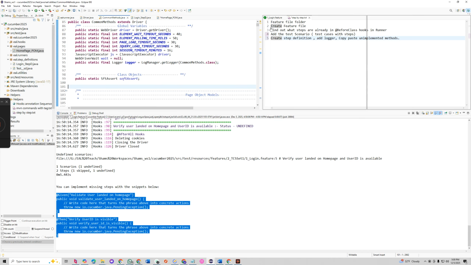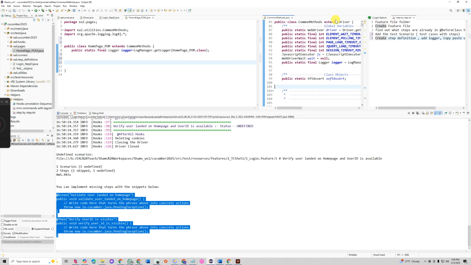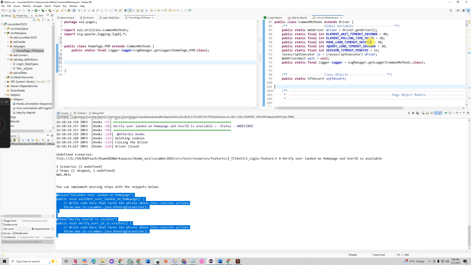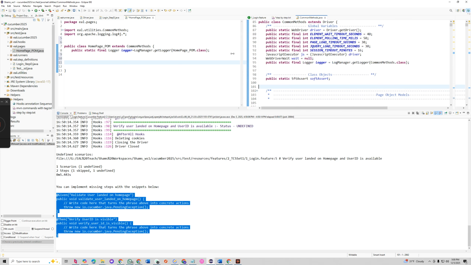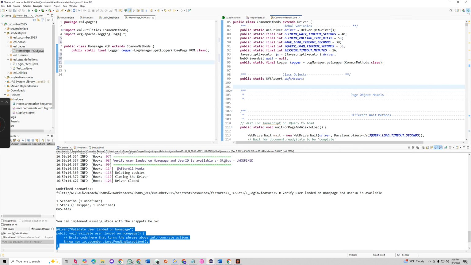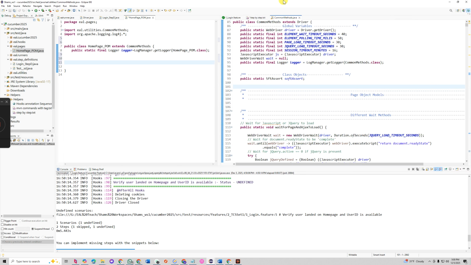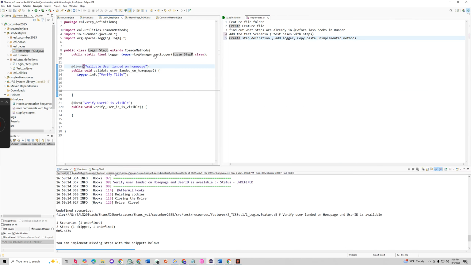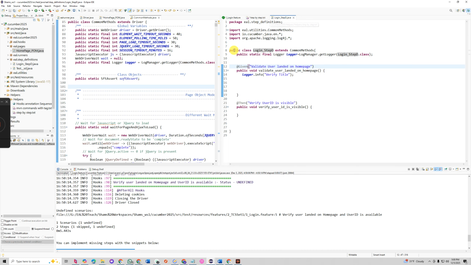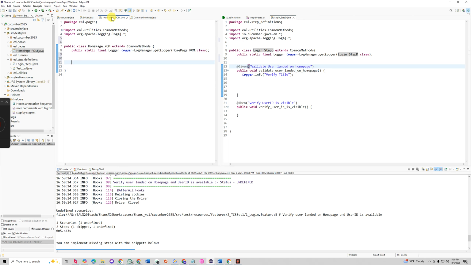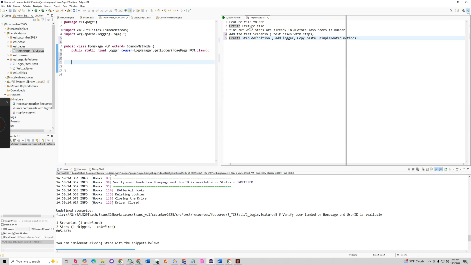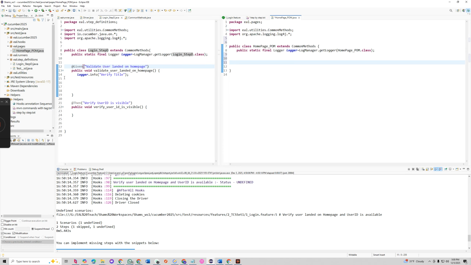Now I am bringing common methods on this screen so that you can see what I'm doing. Sorry. Okay, I'm going to do it side by side. Not actually common methods, by mistake. I have to move the step definition here. Step definition can be here, and the page object model I'm taking there. Whatever we are going to do, we are going to verify the title, we have to create the method